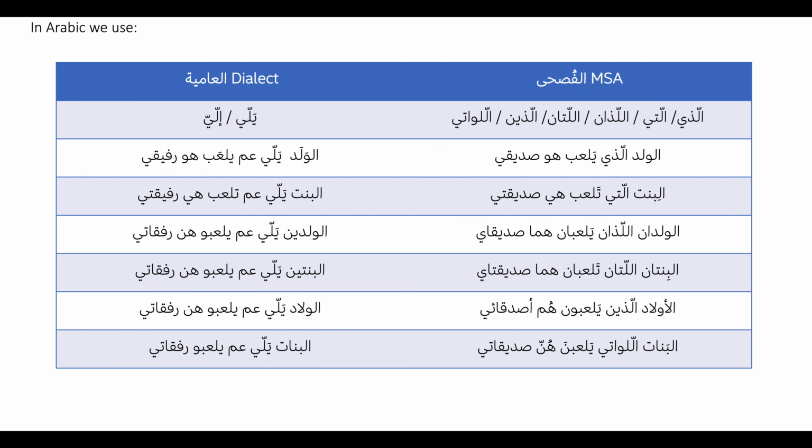So as you see from this basic comparison, in dialect we tend to use pretty much the same. So يلي, as you see, is being repeated throughout. And even for the plural, we don't really differentiate in dialect between the dual feminine and the dual masculine, and even the plural feminine and the plural masculine. So it's pretty much the same, unlike Modern Standard Arabic, which we have to use a very specific relative pronoun for every person in terms of feminine or masculine, or plural or dual. So hopefully this basic comparison has helped you and given you a clearer idea how we use يلي.